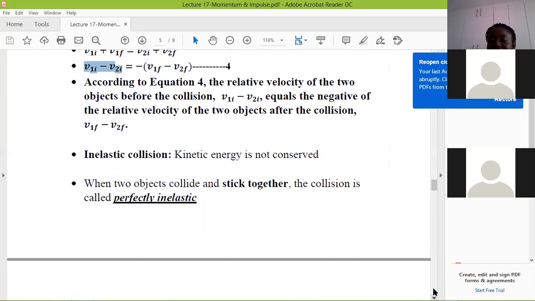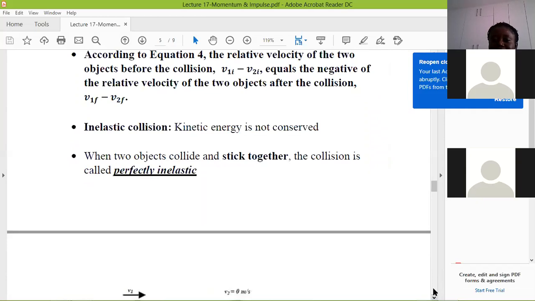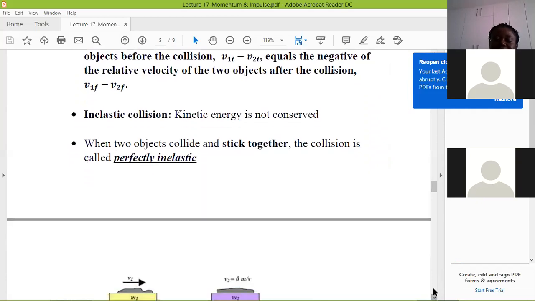Okay, so with the inelastic collisions, we'll come maybe to start with this one, but I can touch it a bit. So it's when the objects come together, or they collide together, the kinetic energy of that object is not conserved. So even though the mechanical energy, remember when you're talking about the mechanical energy, we refer to the potential energy and the kinetic energy. The mechanical energy of that object is conserved, but the kinetic